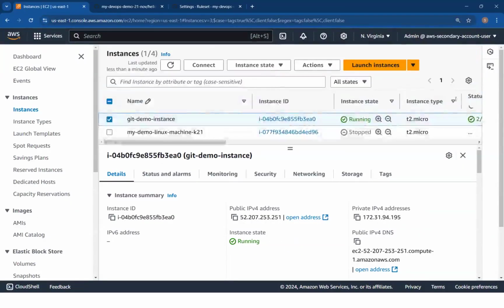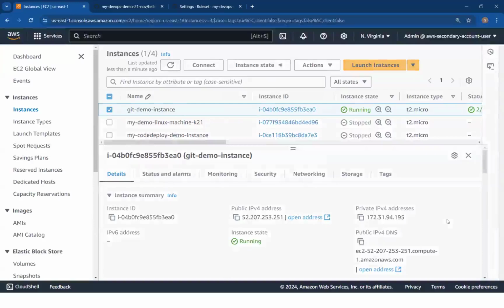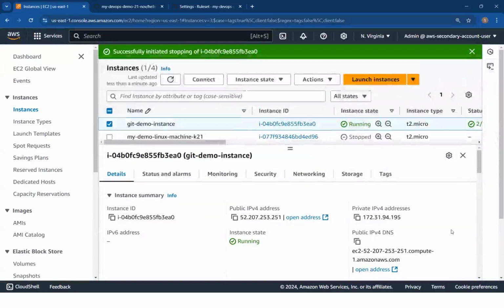You don't want the instance running like that overnight. We'll be using this instance tomorrow. Okay, so instance state, I'll stop it, so that we can resume using it from Monday again. We'll be using it for multiple further tasks. This is the one that we wanted, and we have used it for that. It will be stopped.